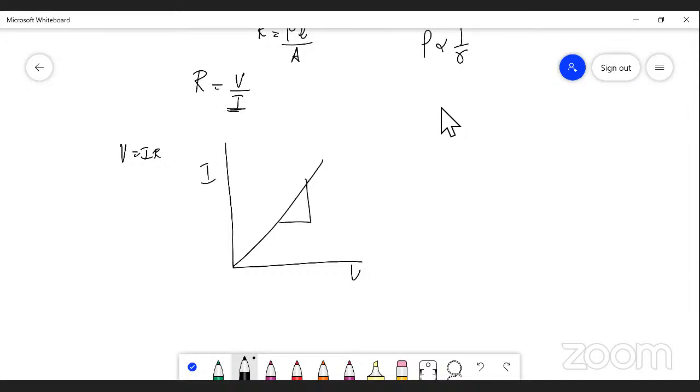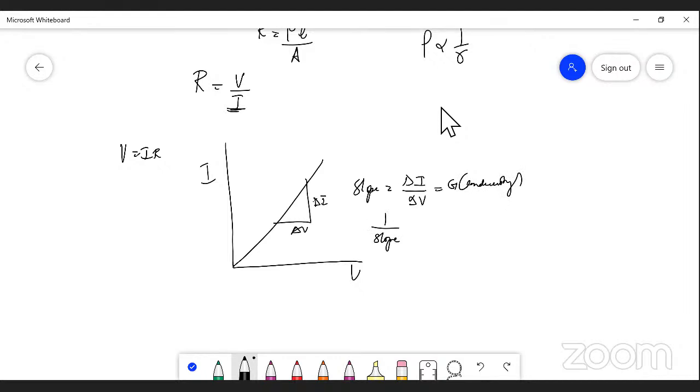When you take the slope of this graph, this is delta I, this is delta V. The slope is delta I divided by delta V. Direct slope gives you